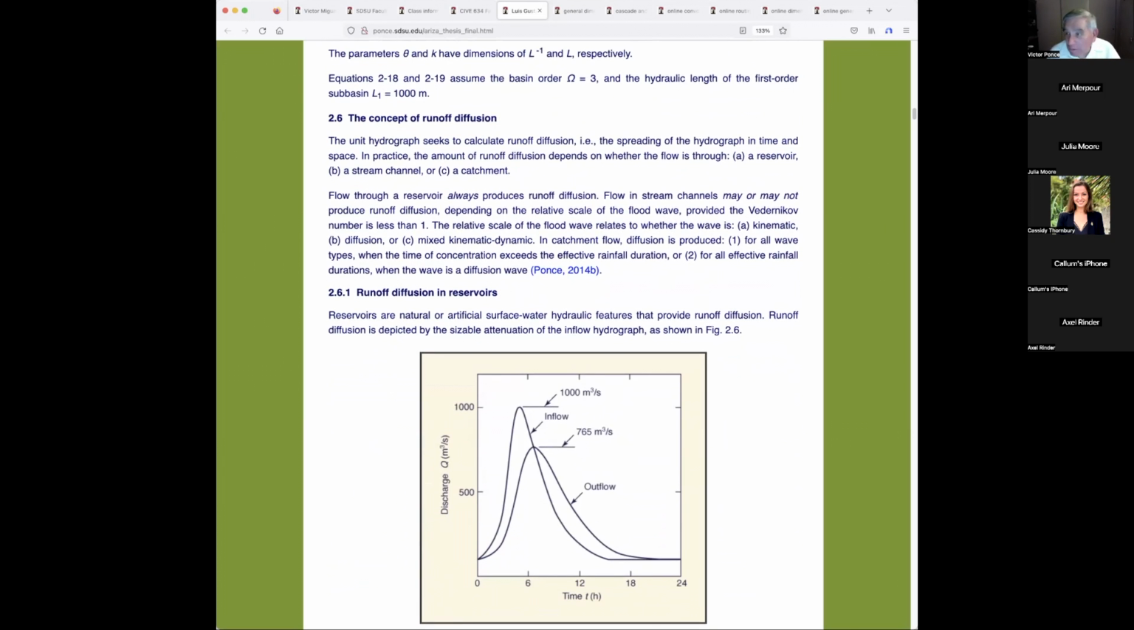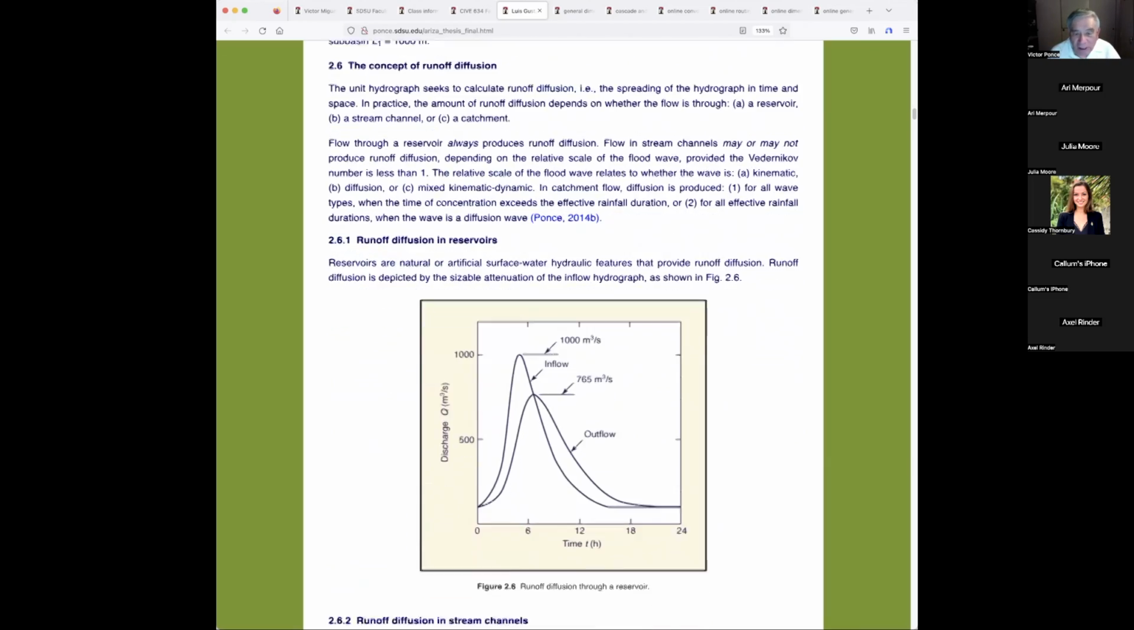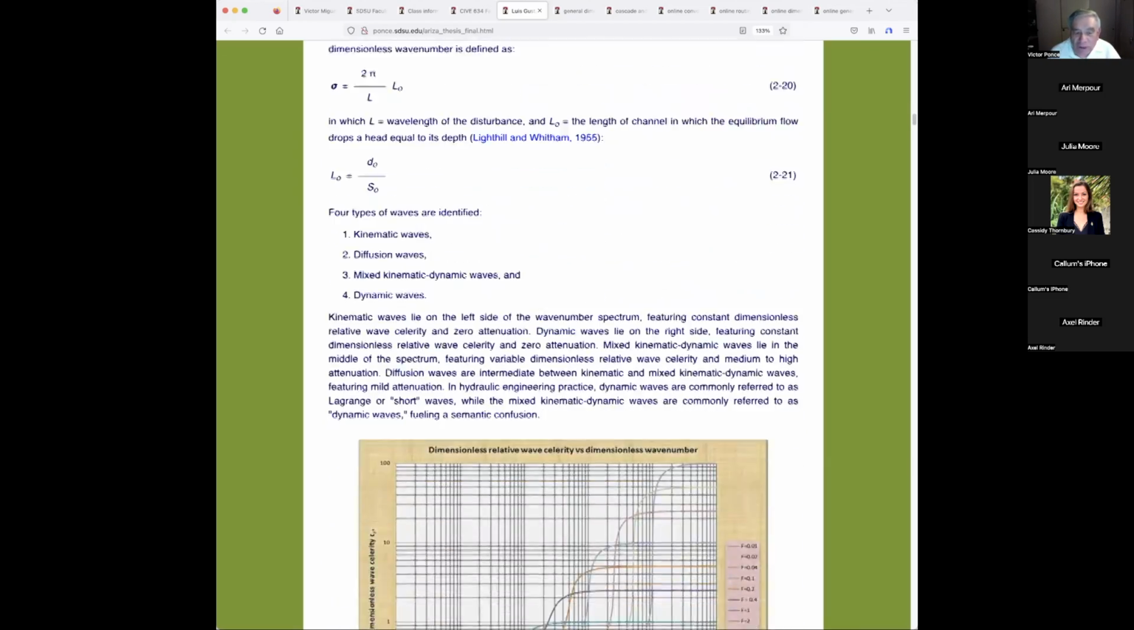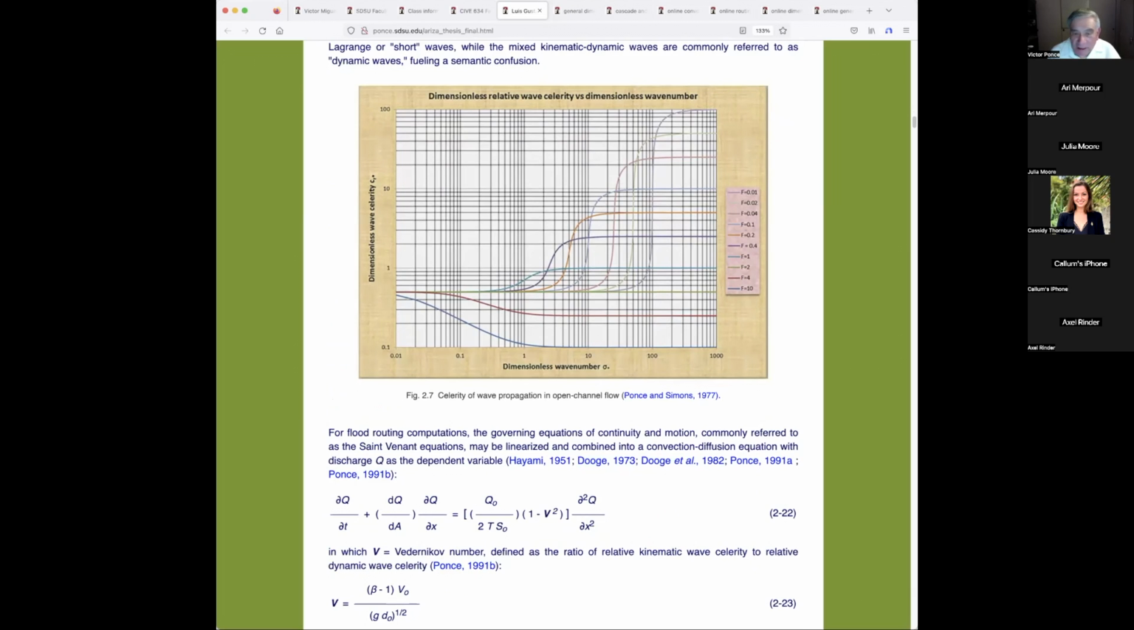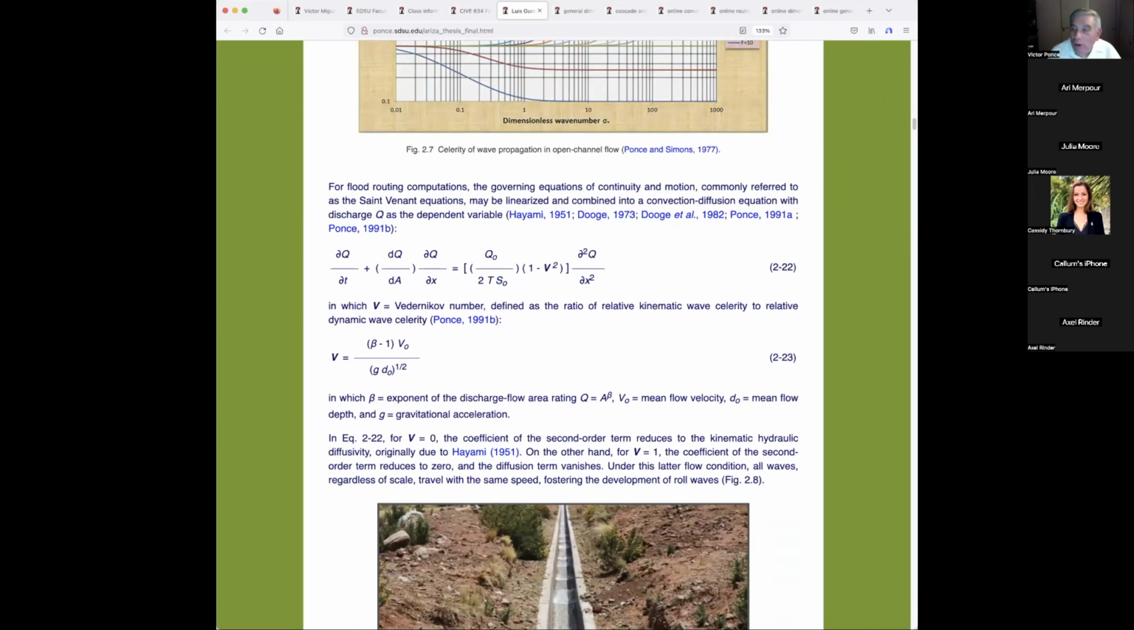The concept of runoff diffusion, we had to put in there. Professor Ponce, I claimed the origination of the phrase runoff diffusion. I already told you that. Runoff diffusion is in reservoirs, runoff diffusion is in stream channels. We've already seen that. This is my famous S-curve that I developed in 1977. Then the equation of convection diffusion of Hayami, right? Hayami, 1951,